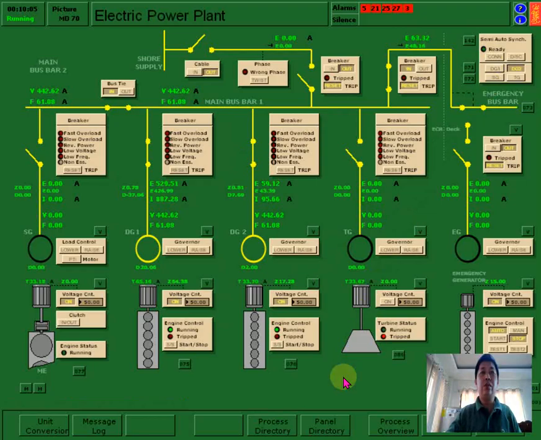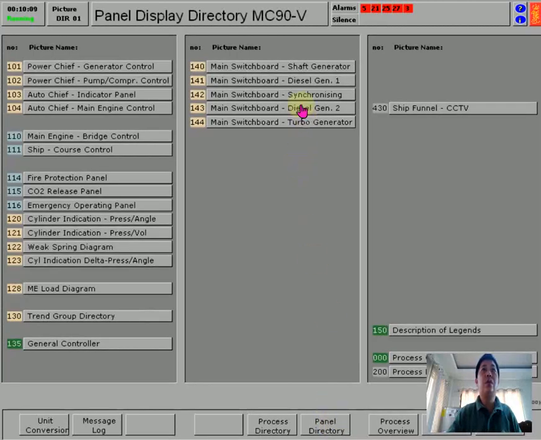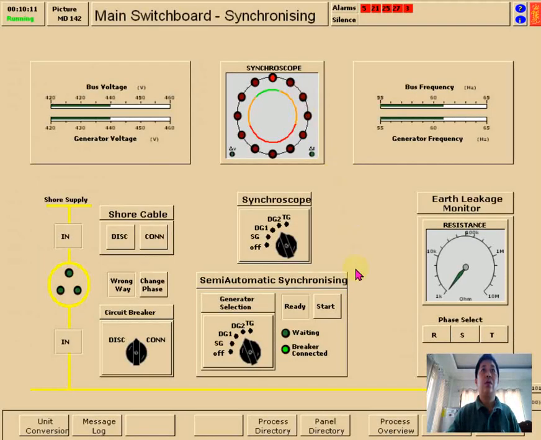So breaker is connected. You see here also the synchronizing. So breaker is connected. So I can switch off also here synchronizing. I switch off this one and I switch off this one. So again, it's long time responding. Anyways, it will respond later, but this one I switch off.